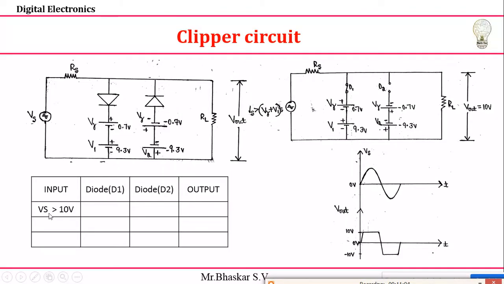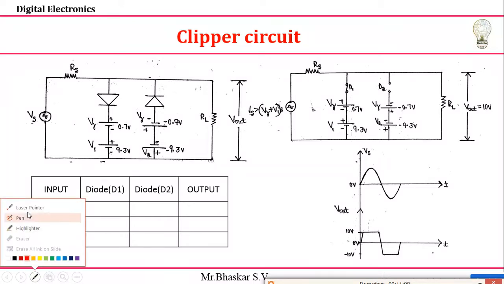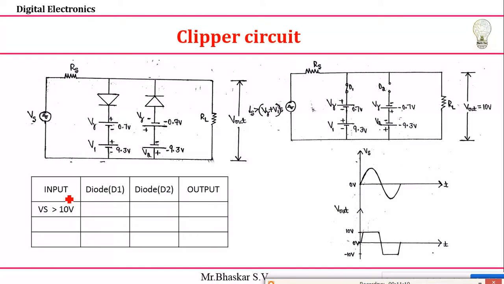So just see, my source voltage, which is the input voltage. If the input voltage is greater than 10 volts, it means positive voltage only, right? 10 volts means positive voltage here, and it is greater than this part, so definitely it is a positive voltage. If it is a positive voltage, this is plus and this is minus. So now it is plus: this first diode, this is diode D1, this is plus, and here it is also plus.